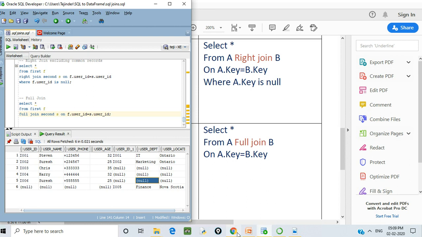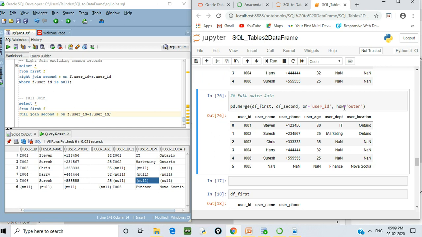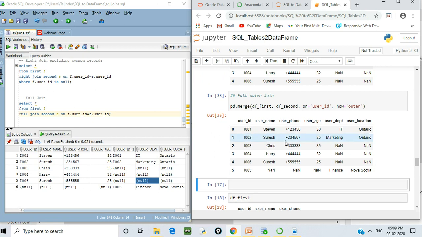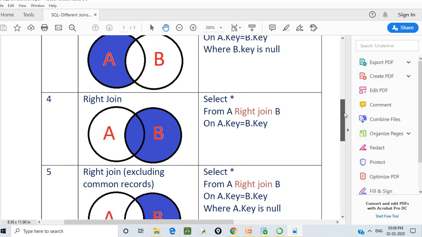Let's see how this can be done in the data frame. Full join: just put outer. That's it. So it is showing me all the records. So these are the different types of joins which we can run, or rather six types of different joins we